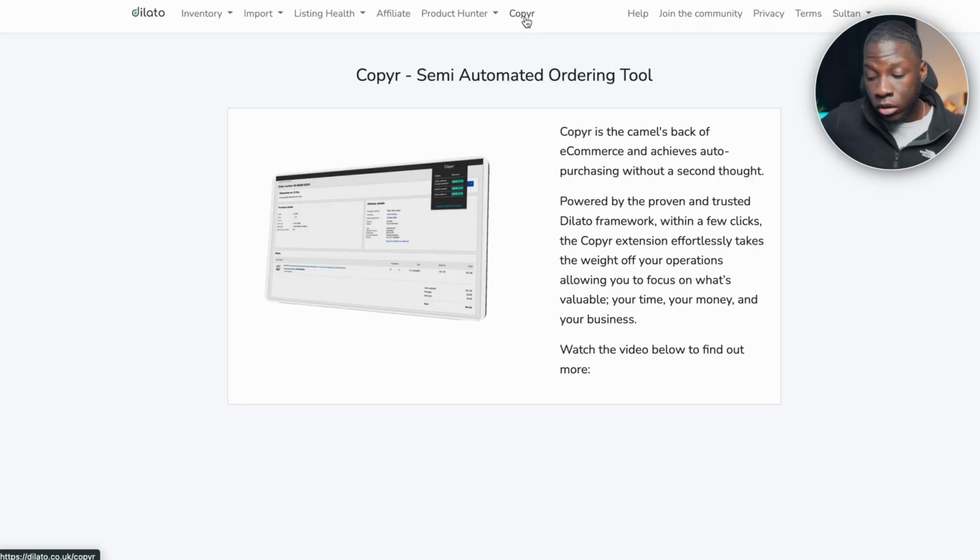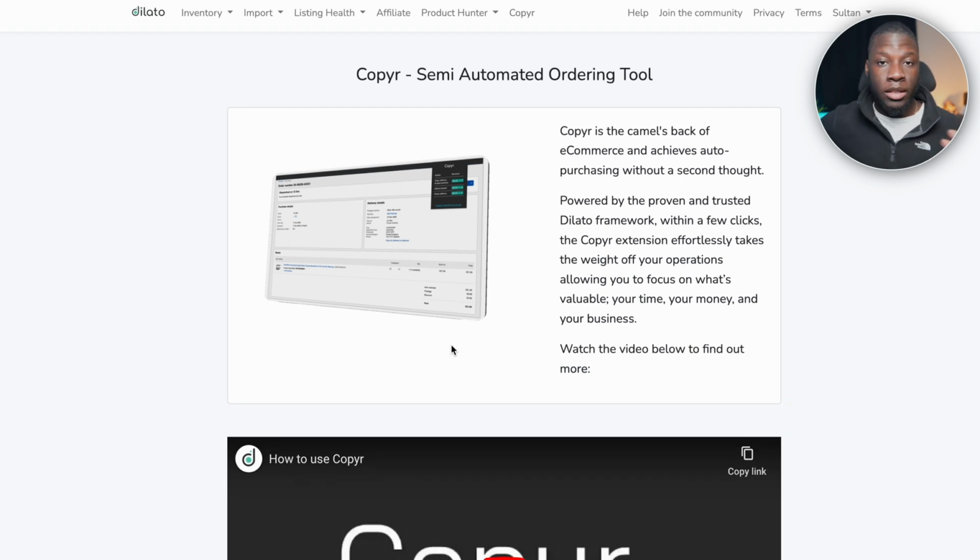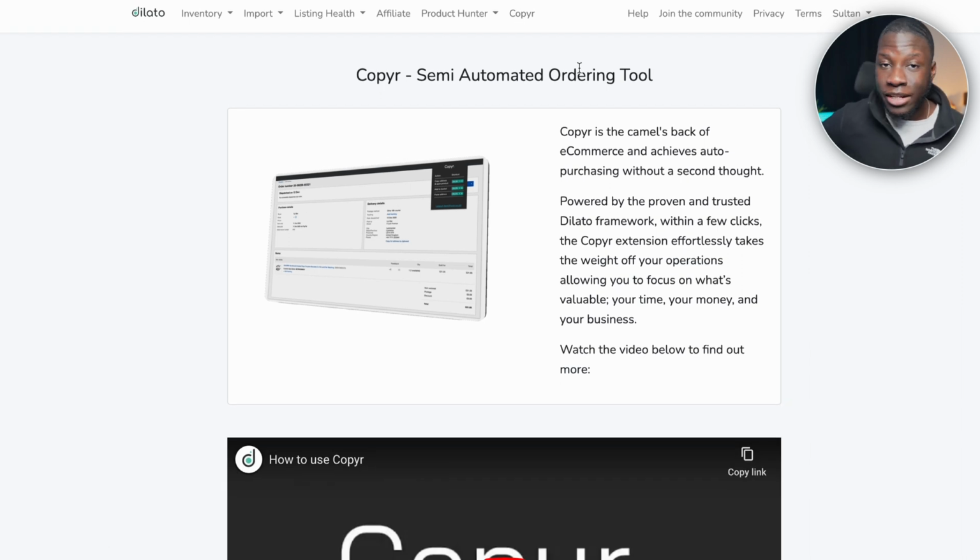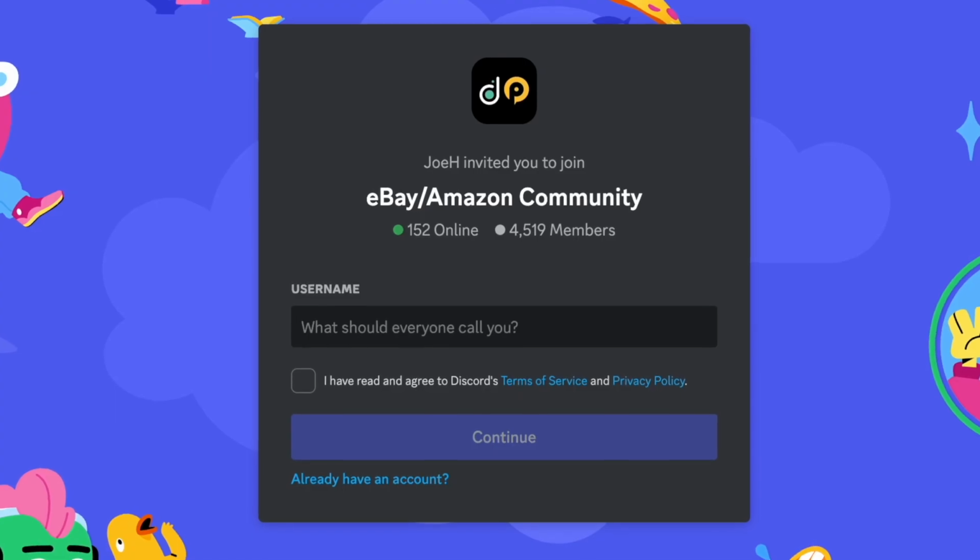And then you have the copier tool. This just helps you to copy and paste the address of the customers so you can easily execute the sale on Amazon. I would also recommend that you do join their Discord as well, because the Discord is where you